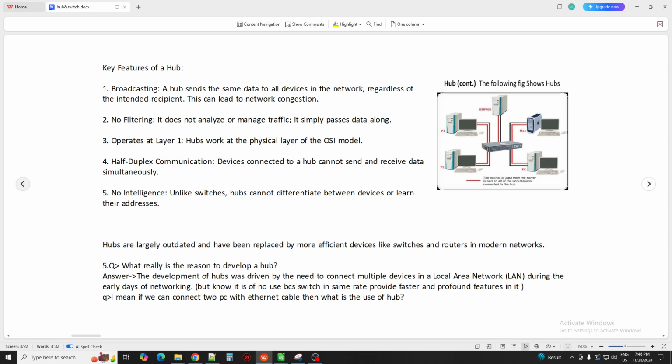Okay, now the second point is that it is half duplex communication. What is half duplex communication? Devices connected to a hub cannot send or receive data simultaneously. When one device sends data, the other has to wait, and when the other one is sending data, the first has to wait.